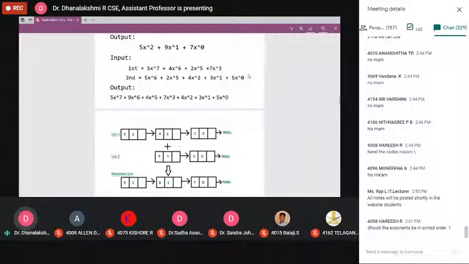If list 1 is over, that means our pointer P1 points to the null value, so there are no more nodes in the list. You have to stop the comparison process because we can't compare P1 and P2 anymore. After that, you can move the remaining terms one by one to the resultant list. Any doubts, students? For addition of two polynomials?